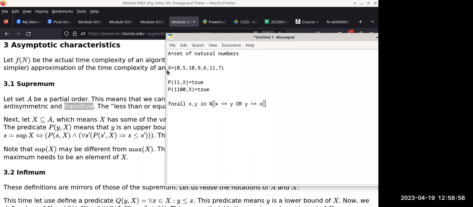I was just confused why you said A be a partial order instead of just saying it's a total order. Because this concept also works when you have a relation defined over a set that is only partially ordered. Most of the time, if you're working with actual values, it's going to be totally ordered. But there are cases where you might be working with tuples that are only partially ordered.